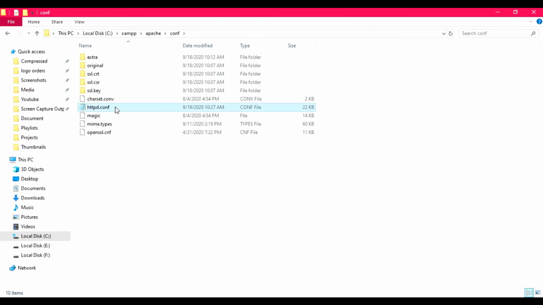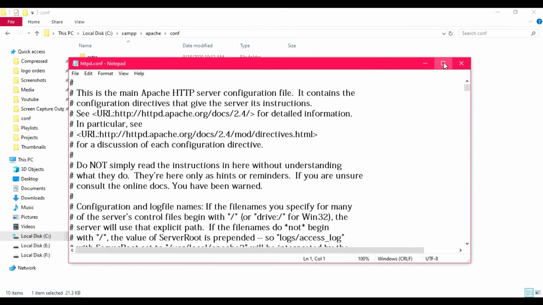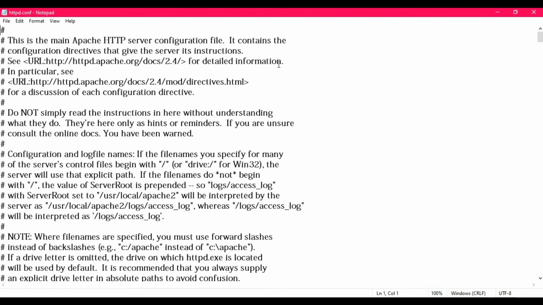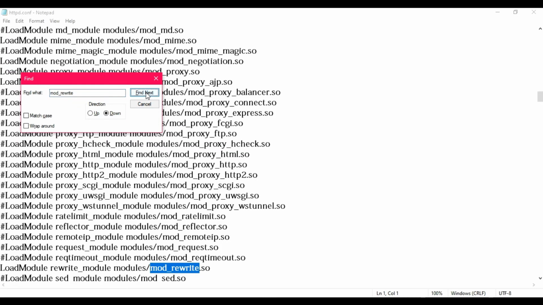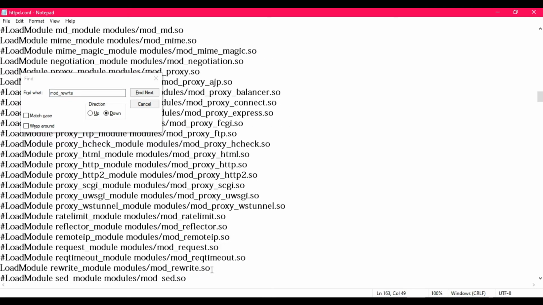Open this file with any text editor and press Ctrl F. Now search for the term mod underscore rewrite. Okay, this is the line. Now make sure that there is no hash sign at start of this line, because this hash sign makes a line a comment. So make sure this line is not a comment and it is a live command.